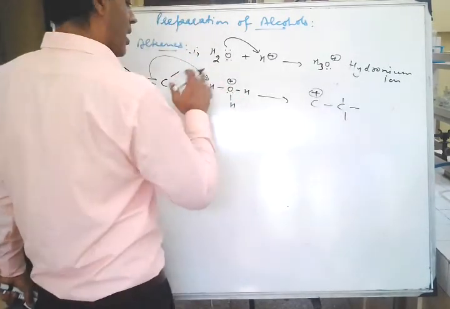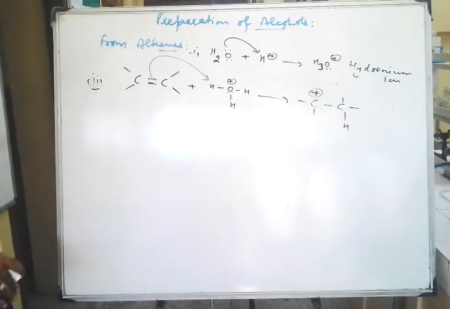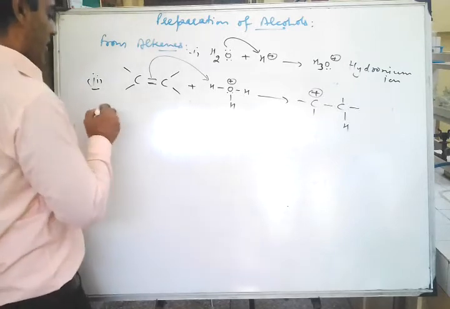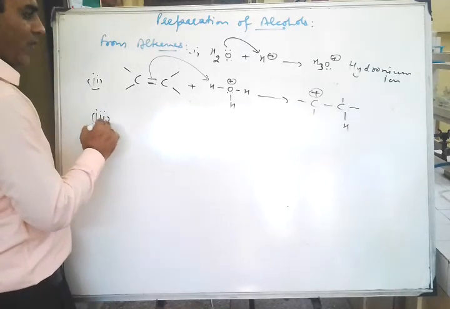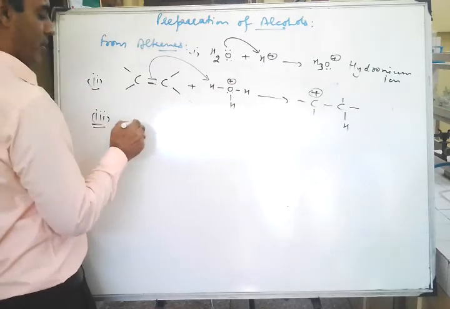So you can add H plus ion anywhere, right? And the structure will be like this. Now, in the third step, what will happen? Make this final structure again,